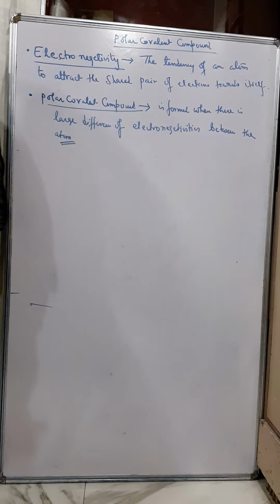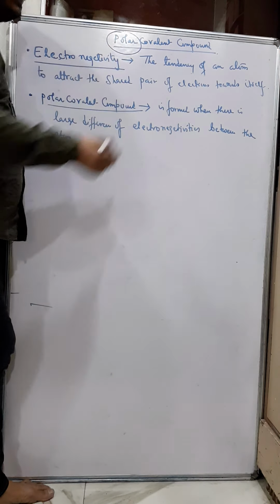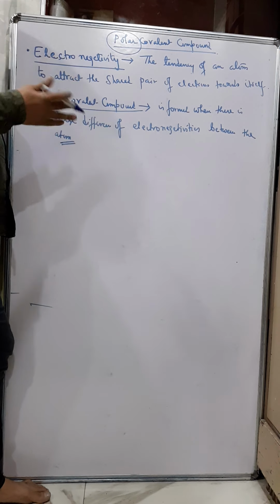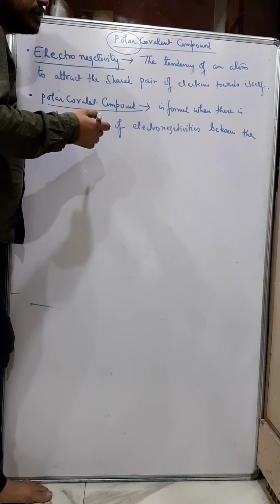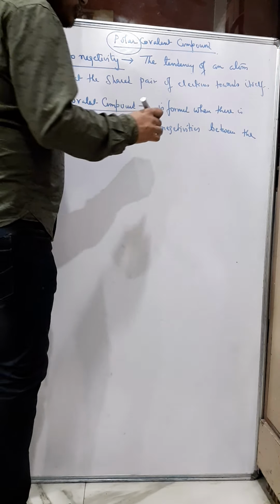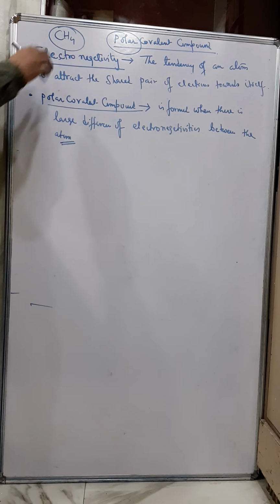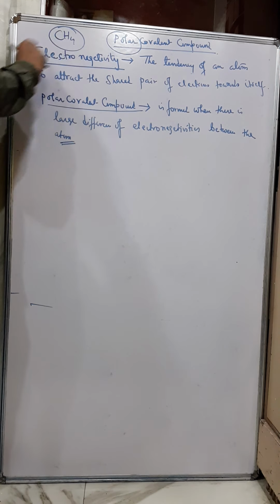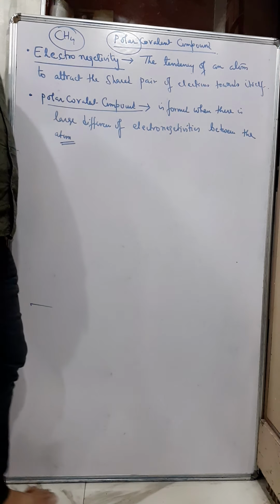Now today we'll do polar covalent compound, and after this we'll do coordinate bond. Before coming to polar covalent compound, what does polar mean? Polar means charge. Poles, dipoles, means positive and negative. And if you know, a covalent compound does not form any charge because there is only sharing. Say when I talk about methane, CH4, nobody forms ions, they are neutral molecules, unlike ionic compounds.